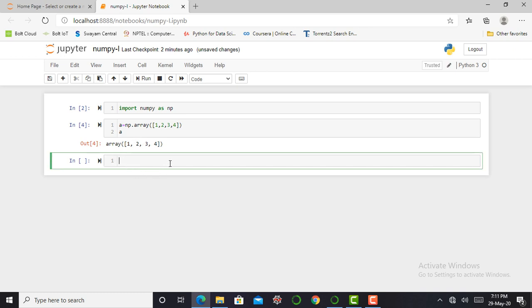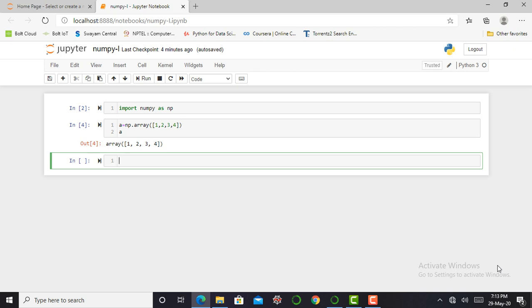The next step is to generate an array using the linspace command. Linspace returns equally spaced numbers within the given range based on the sample number.